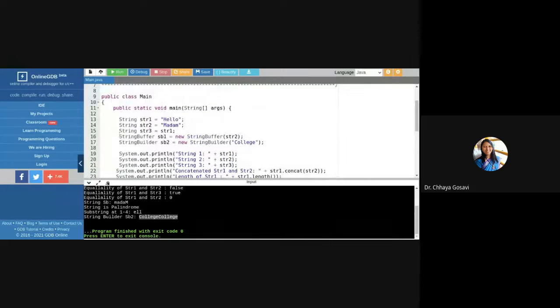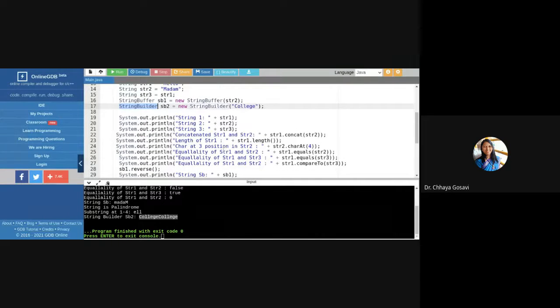The way we create String, StringBuffer, or StringBuilder objects is the same. But the problem is we cannot use these methods across these objects. Either you go with all String objects, all StringBuffer objects, or all StringBuilder objects. If you try to use the method with one String object and one StringBuilder object, Java will not allow you.